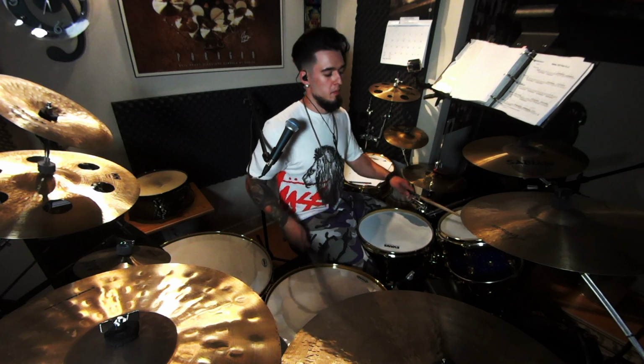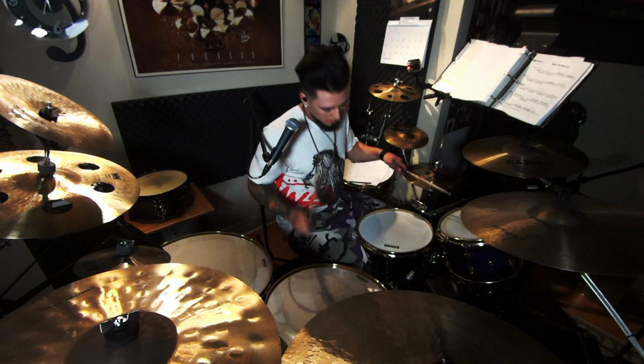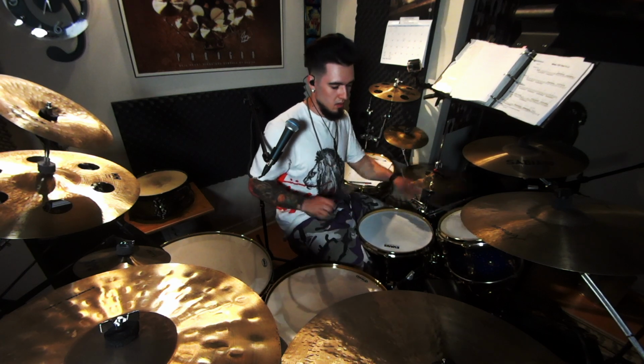So you can see I'm coming back to the snare just with my right hand. Right, you see that? Right there. So the other way to do it is to have the left hand be the last note, which again will make you cross over, which will look a little bit like this. Right, so if that's more comfortable for you, it certainly looks better from a showmanship perspective,